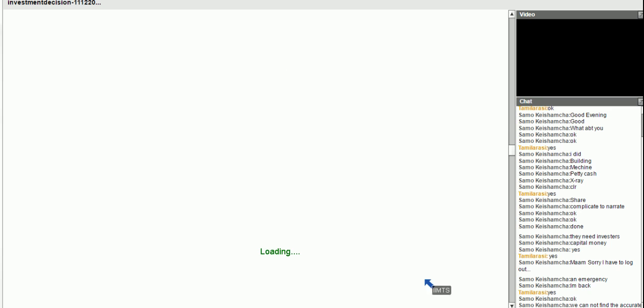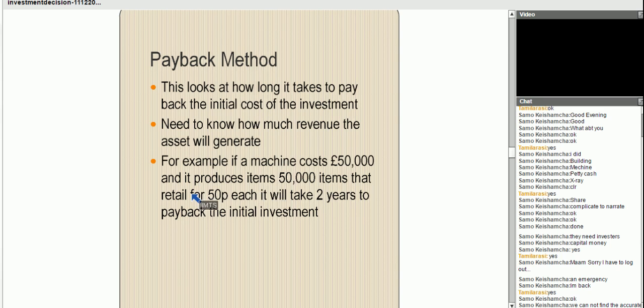The first is the payback method. This looks at how long it takes to pay back the initial cost of the investment. We need to know how much revenue the asset will generate. For example, if a machine costs £50,000 and it produces 50,000 items that retail for 50 paisa each. So 50,000 items it is manufacturing in a year, and 50 paisa is the cost of one item that is sold in the market. So it will take 2 years to pay back the initial